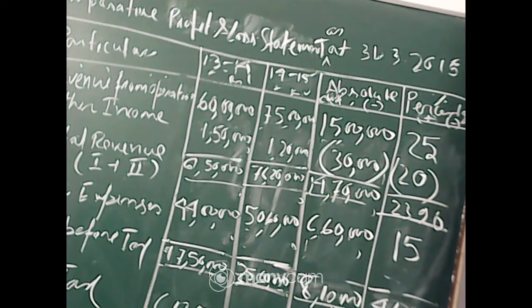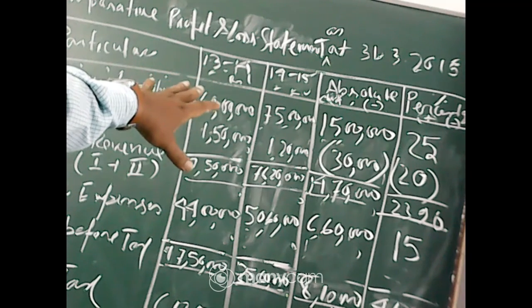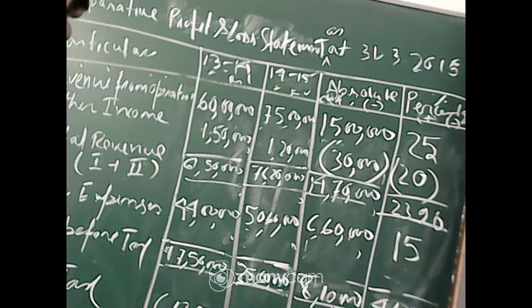Sir, it's very tough. What is very tough? Profit and loss statement. What type of problem are you facing here in the case of the profit and loss statement? When we did the balance sheet, you said it was very easy. Now you are saying this profit and loss statement is very tough. What is the problem? If there is any problem, you can write, I can answer. And next day we will again do this comparative profit and loss statement. I hope you will understand then.